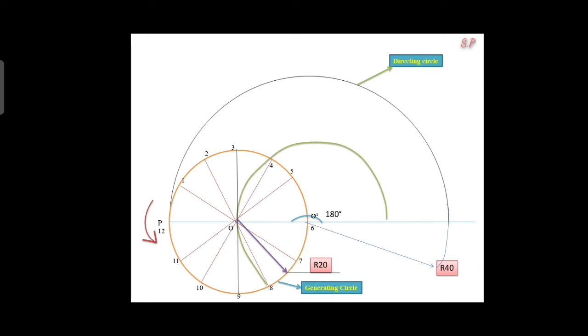Then I am going to divide the directing circle also equally into 12 parts. Here the directing circle angle is 180 degrees. 180 divided by 12 gives 15 degrees. So by using a protractor you take the first 15 degree line. The line intersects our locus of the center at O1, and it intersects our directing circle at point 1 dash. Then again you take another 15 degrees. The line intersecting point you note as O2 and this is 2 dash. Then again you take another 15 degrees and locate the points O3 and 3 dash. In a similar way you draw the remaining lines and locate the points also.